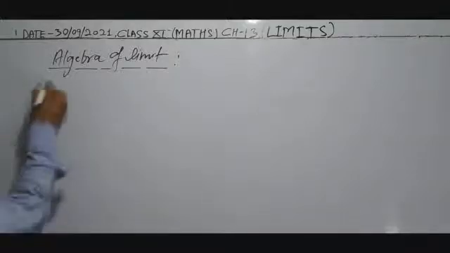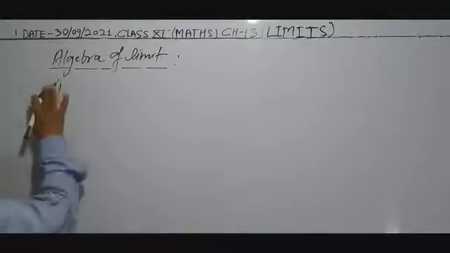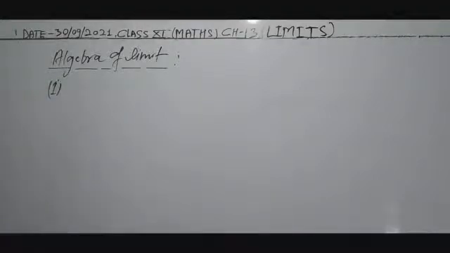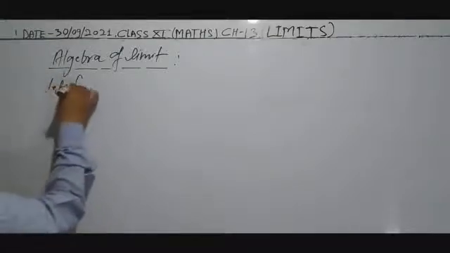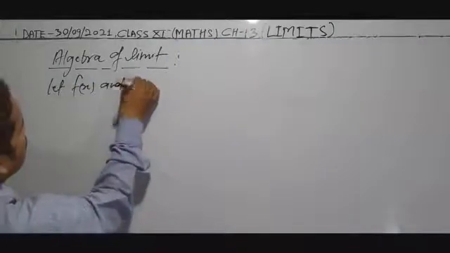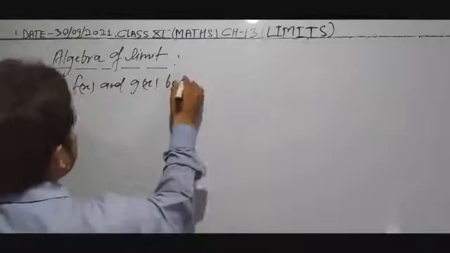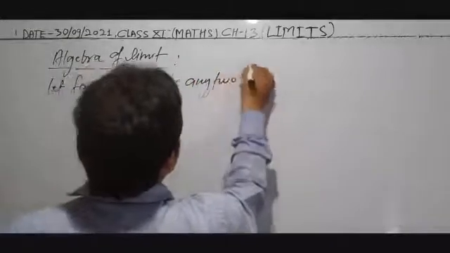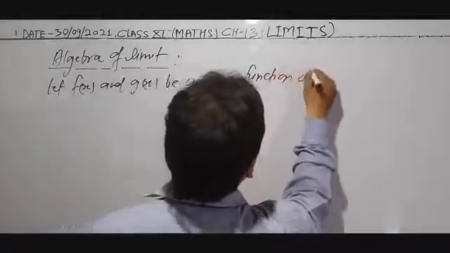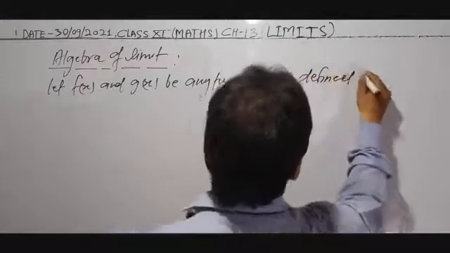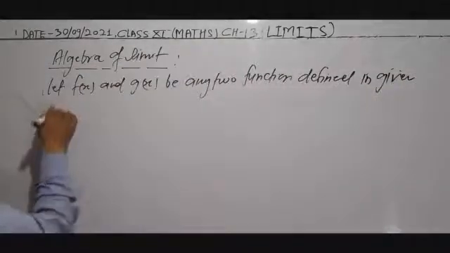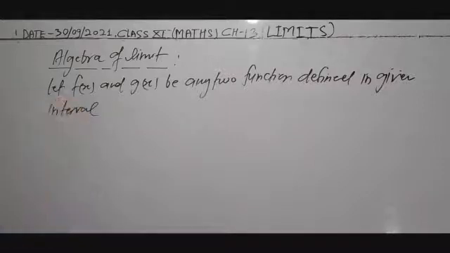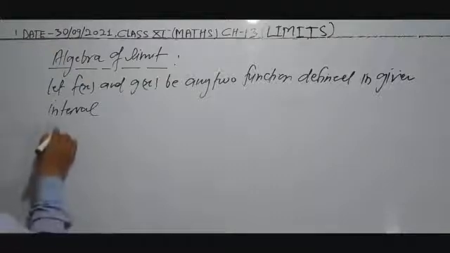Now the first formula is: let f(x) and g(x) be two functions defined in a given interval, then